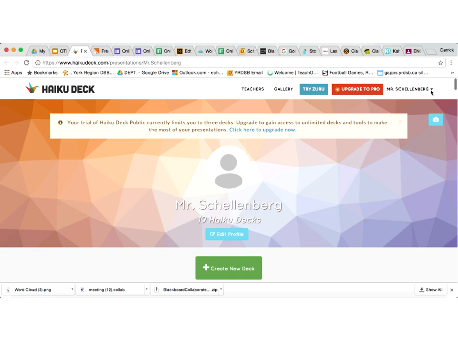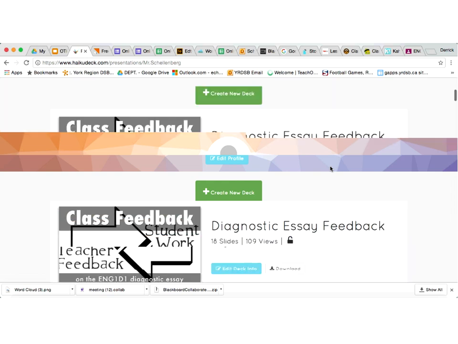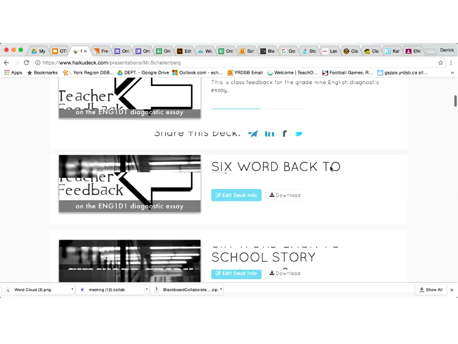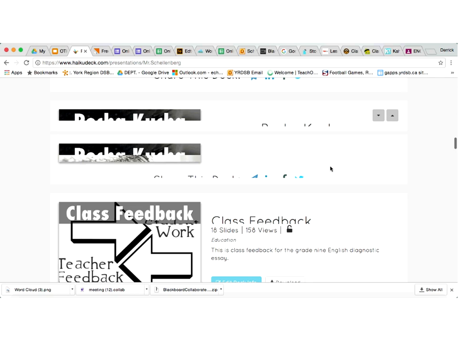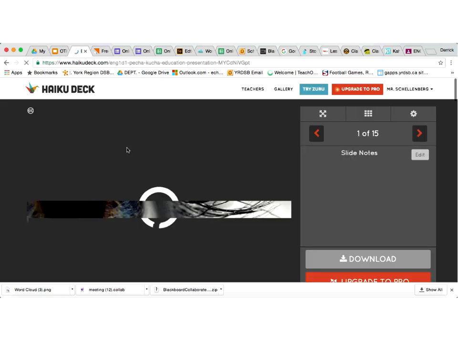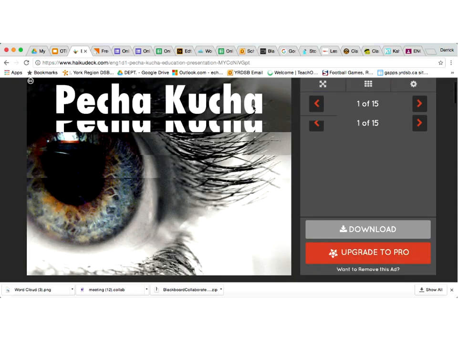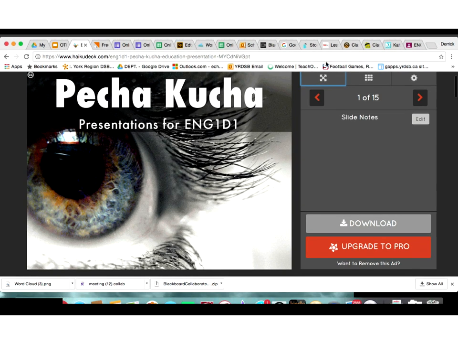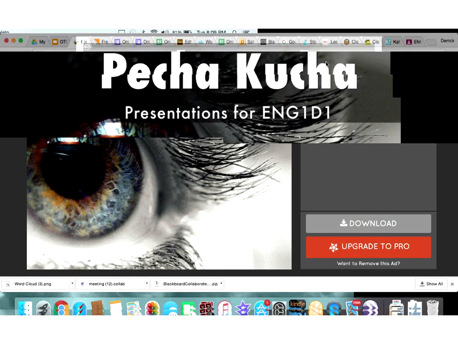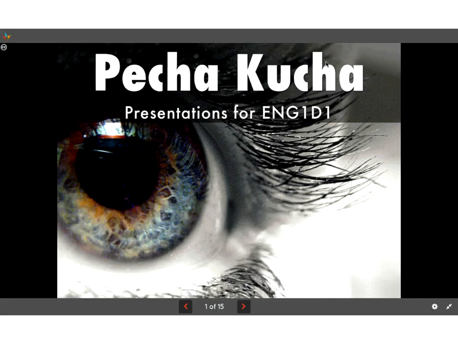So you go to www.haikudeck.com, and I'll just go to the decks that I've already made. And if I just pick one, what is a strength and a weakness of this tool? The strength is definitely the quality of the pictures. Again, they're fantastic. And it also is very intentionally limiting as to how much text you can put on a